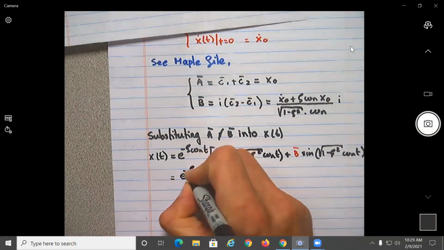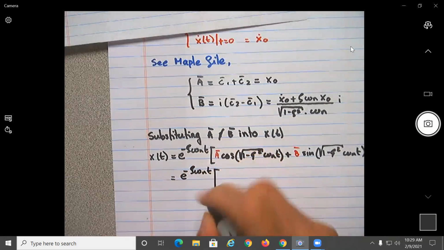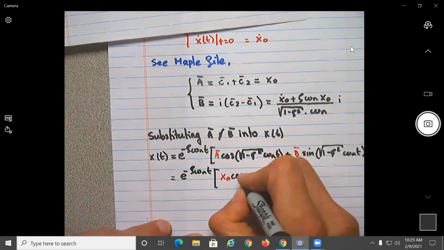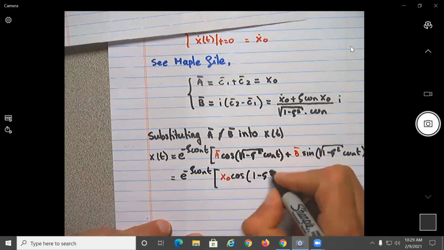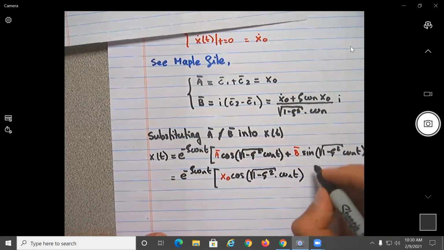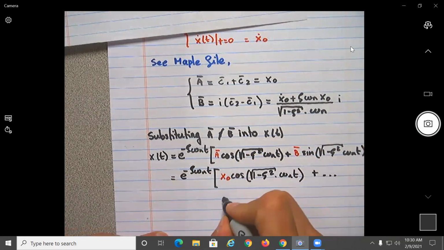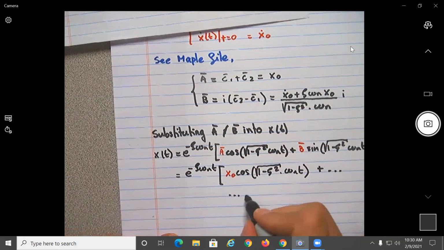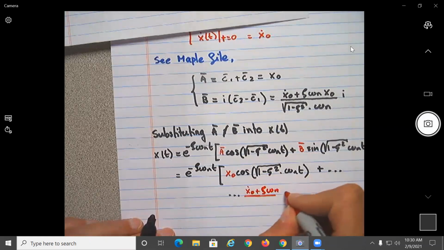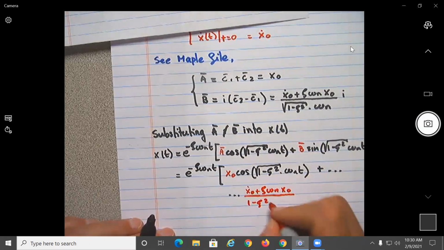Exponential of minus C omega n T times X sub naught cosine square root of 1 minus C squared omega n T plus, I'm going to put it on the line because it's a long term, B is equal to X dot sub naught plus C omega n X sub naught over square root of 1 minus C squared omega n,